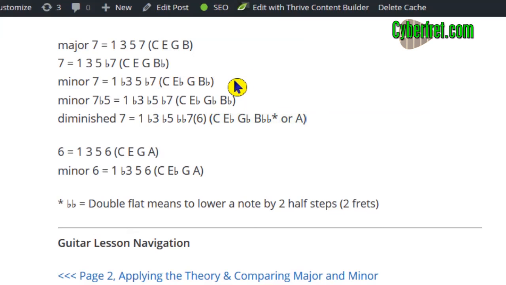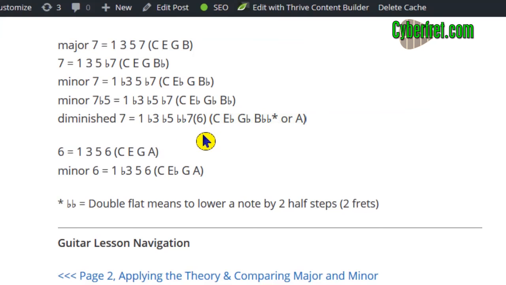A minor 7 chord is made up of 1, flat 3, 5, and flat 7. A minor 7 flat 5 chord is made up of 1, flat 3, flat 5, and flat 7. A diminished 7th chord is 1, flat 3, flat 5, double flatted 7,